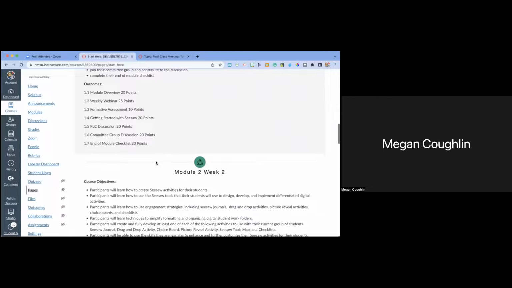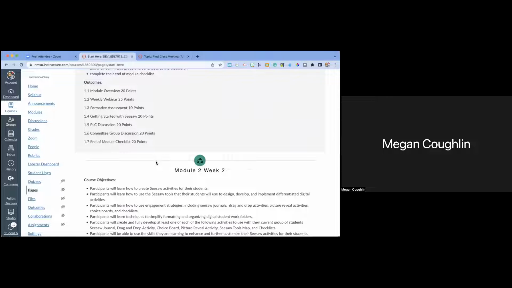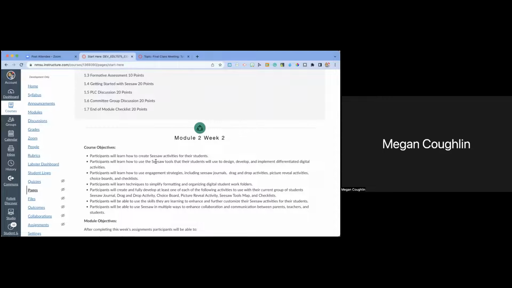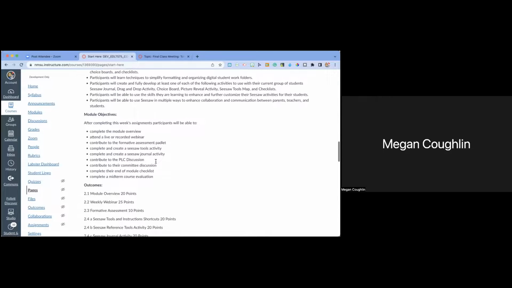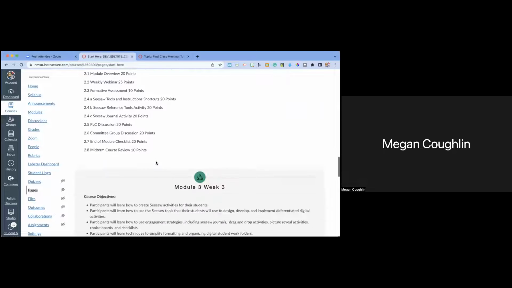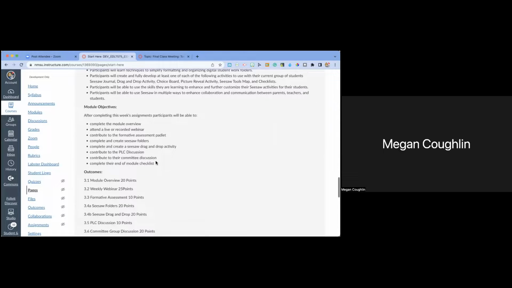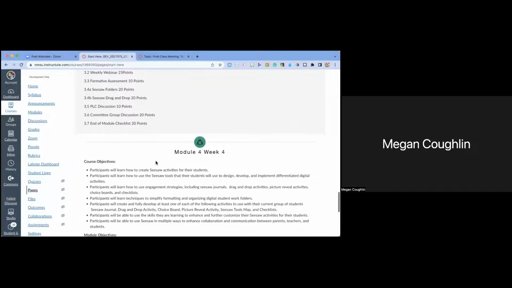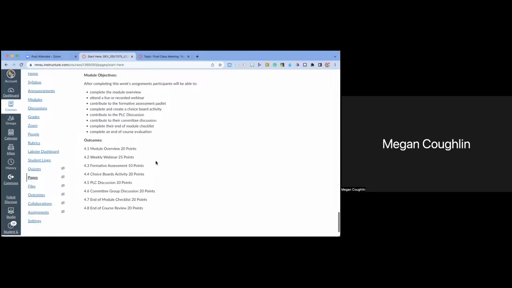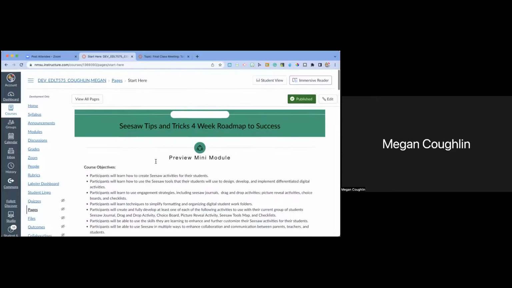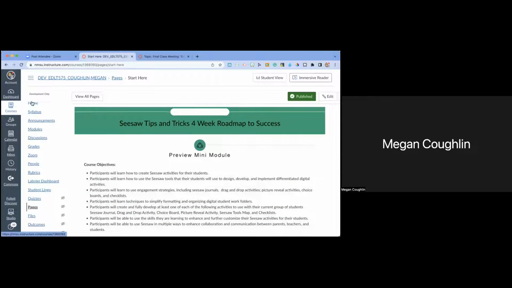My course is intentionally a PD for primary educators who are getting to know Seesaw. Something that came along with the pandemic is that Seesaw became very prominent in a lot of schools. So this is a way for new teachers to get some tricks to enhance their Seesaw activities. So that's just my little roadmap. That's probably the least colorful part of my course at this point.